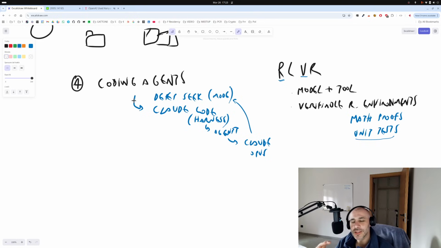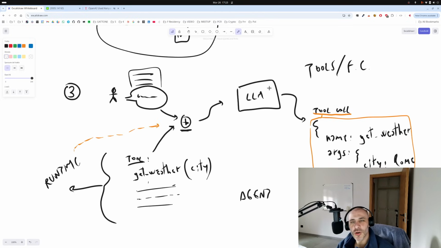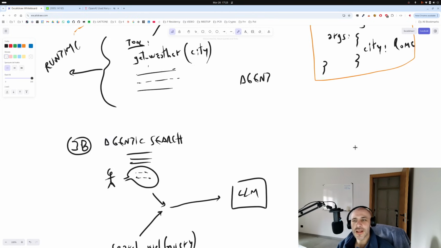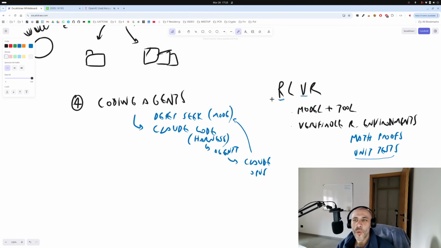So we are starting to train models encapsulated in software on the rollouts of the sequence of tools the models decided to produce. And we have the signal of the correctness of this rollout, because we know the steps and the final output of a math proof or a unit test. And this is the reason why coding agents are so strong now.